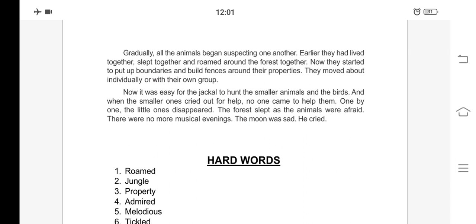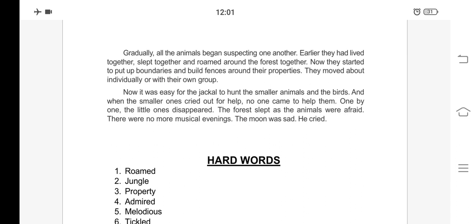Before, they used to move together, but now they started to move individually or along with their own groups. Own groups means deer used to follow only deer, or elephants used to follow only elephants. Now it was easy for the jackal to hunt the smaller animals and the birds, and when the smaller